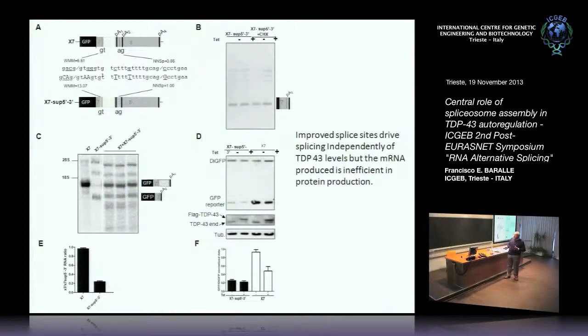The protein is very low when you have a good splicing in that region. It's something that is strange for us. Here you have the comparison of the X7. Here the self-regulation didn't come very well, but still there is quite a bit. Here obviously there is nothing. One important thing, here is the protein, sorry. This is the protein, and we have the messenger. And we have the PCR, we have the